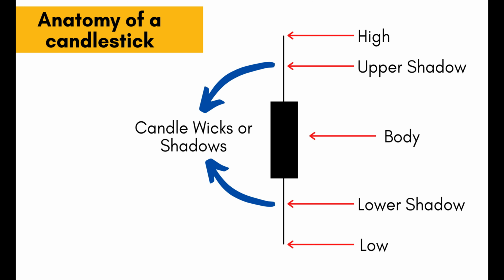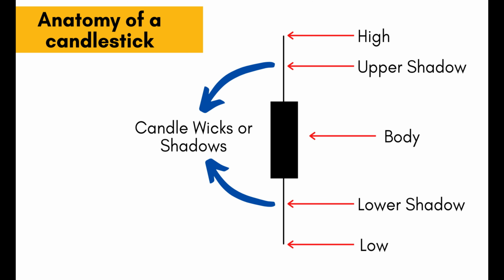So guys, before we move to different types and patterns of candlesticks, we will discuss the different parts of it and their implications. There are basically two parts of a candle, a body and the shadows. Shadows are also sometimes commonly referred to as wicks. Now, the black rectangular mass in the slide is the body of a candle, while the two thin lines above and below the body are the shadows.